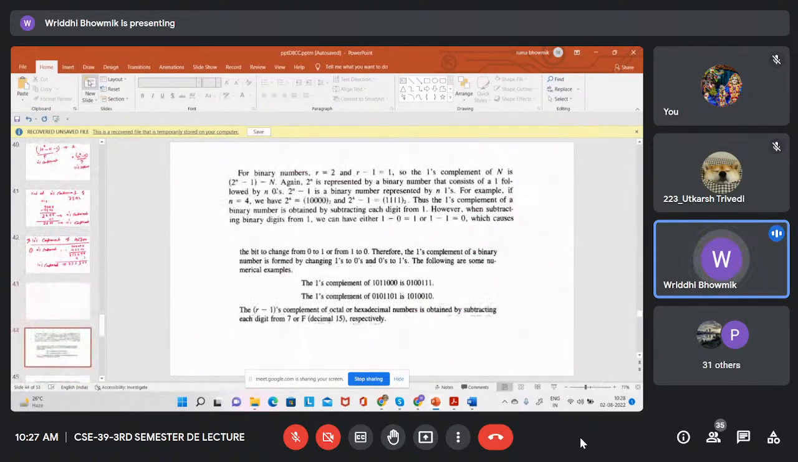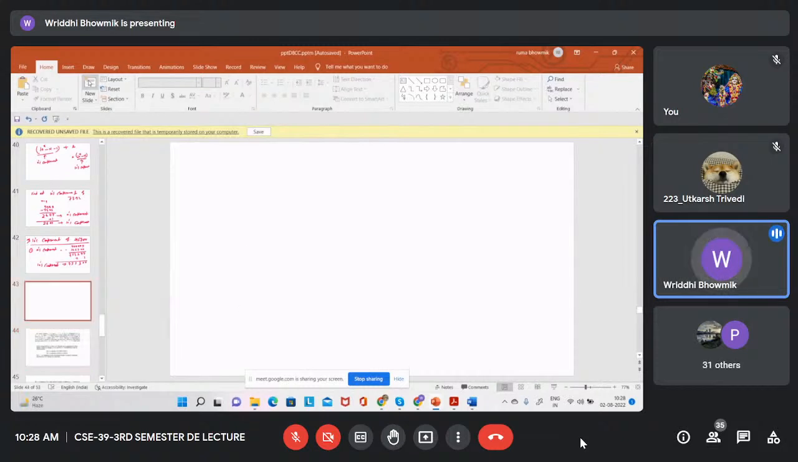Okay. Now we will discuss the 2's complement and 1's complement in a binary system. In the binary system, the formula is the same. Only R will be changed. Now, in the binary system,